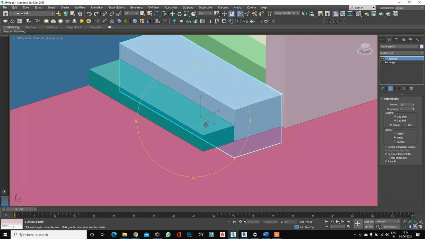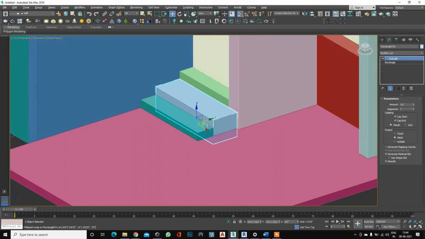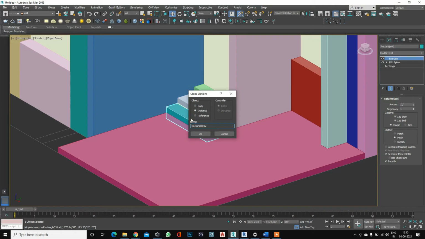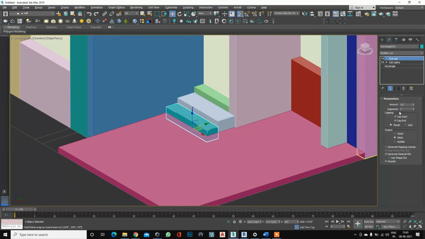So here we create one stone, so I need to just copy this. I press Ctrl V. Don't do Ctrl C and Ctrl V, just press Ctrl V and paste as a copy, not an instance. I will show you in the actual syllabus. This copy's Q parameter is 1 inch only, not 1 foot, just use 1 inch.